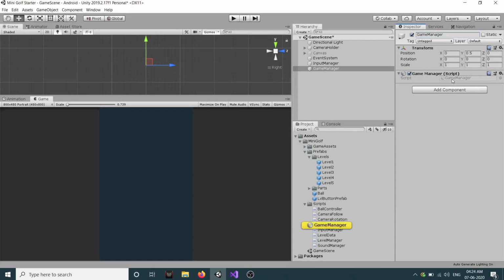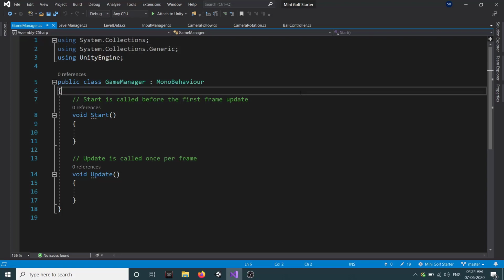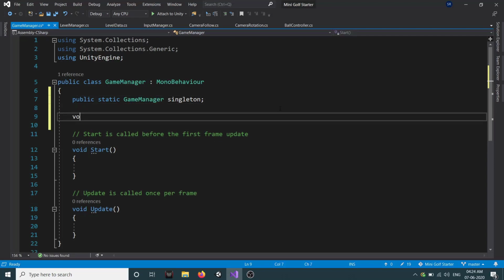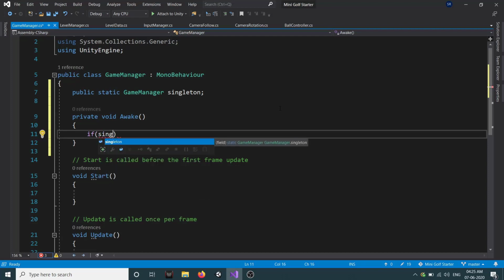Okay, so our GameManager will be a singleton. That means if we move from one scene to another, our game object on which this GameManager script is attached will not get destroyed, and it will be persistent throughout all the levels. To make it a singleton, we will first create a public static GameManager singleton variable, and then in Awake we'll check if our singleton is equal to null.